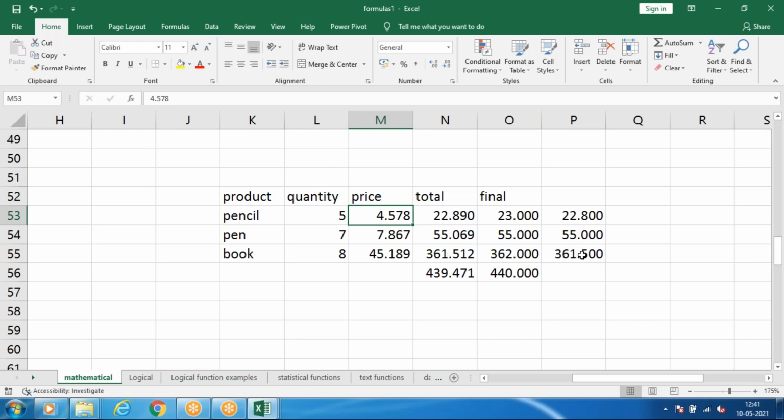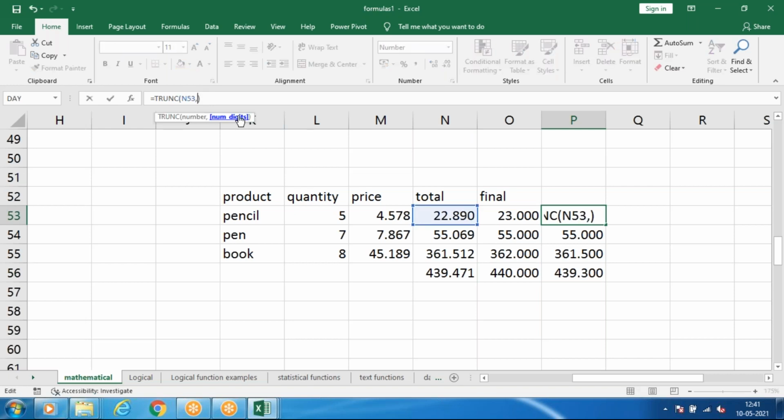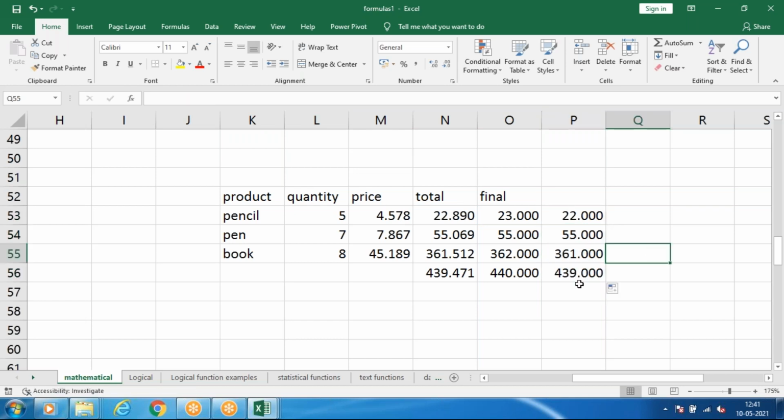However it is, 5 means only 5 it will take, 0 means only 0, 8 means only 8 it will take. But it has to round off. Here it is rounded off, but here it won't. So if I find the total for this, 439.3 rupees. So compared to this, the customer has a little bit of benefit. You can reduce this decimal value to 0, give enter and scroll down, and exactly 439. It won't consider the decimal values.